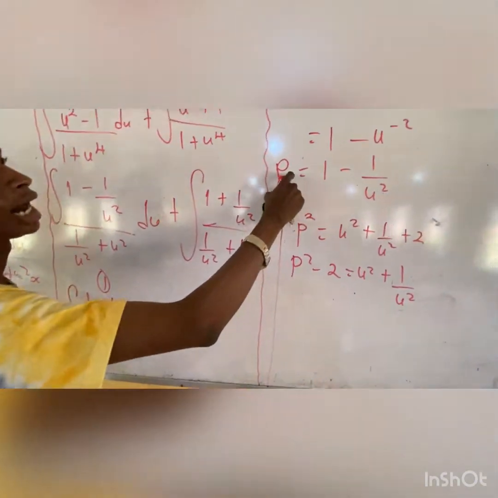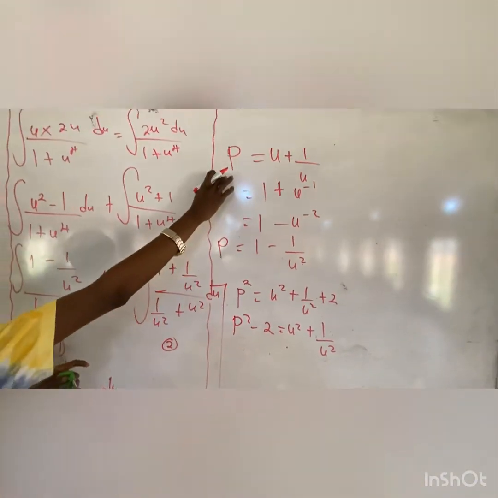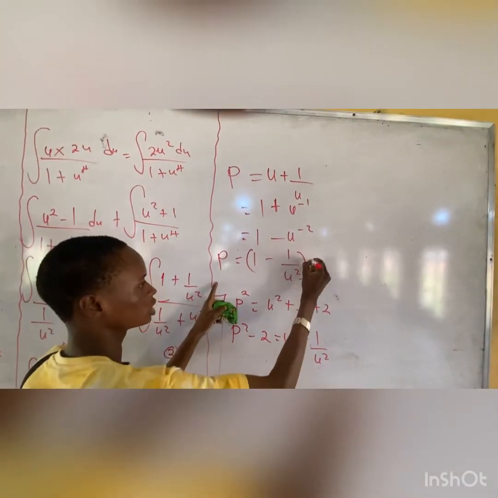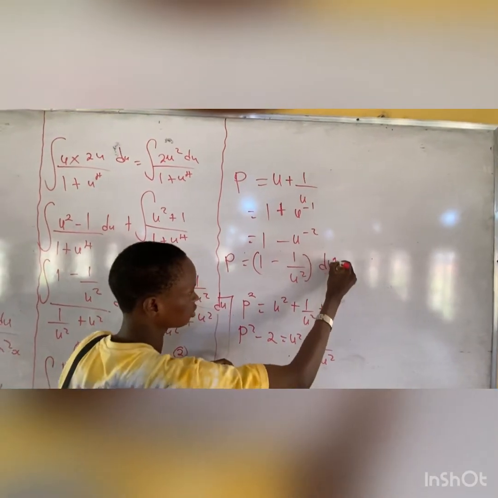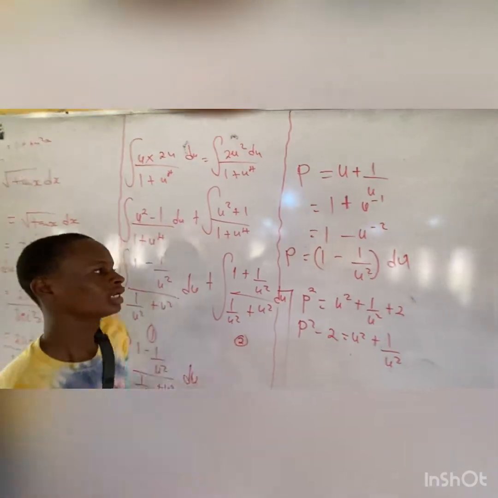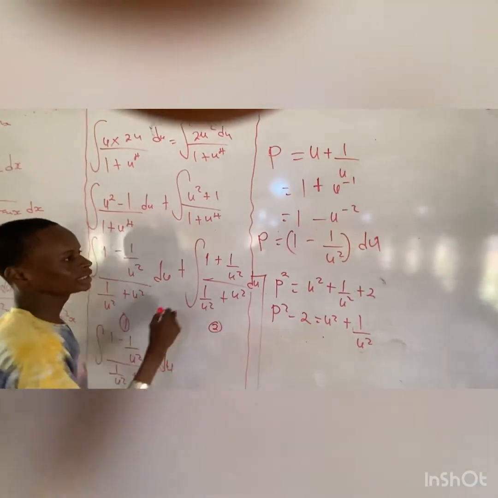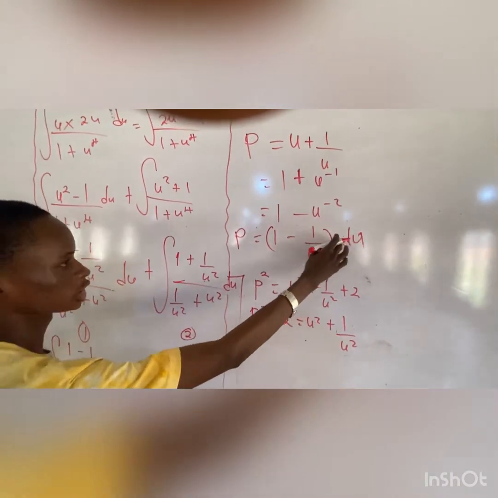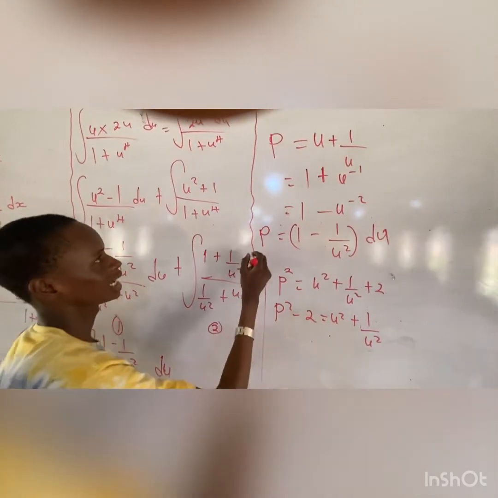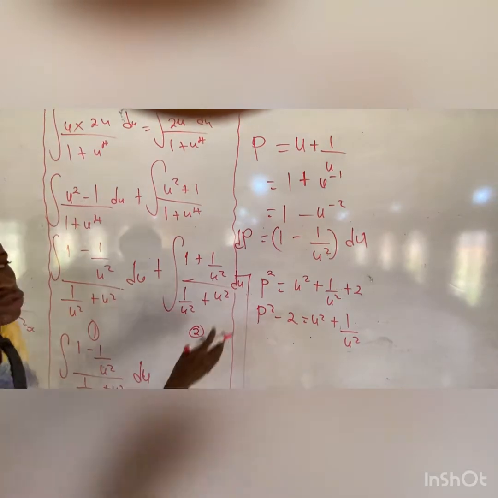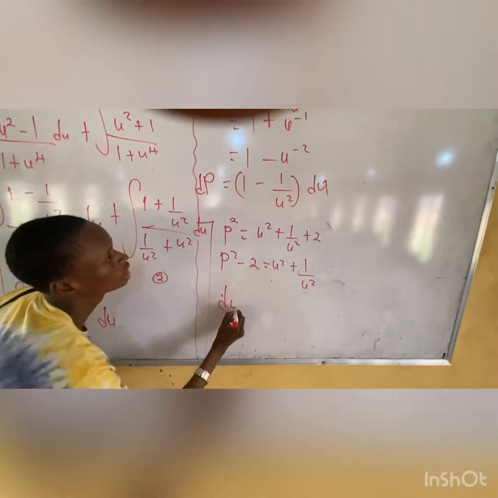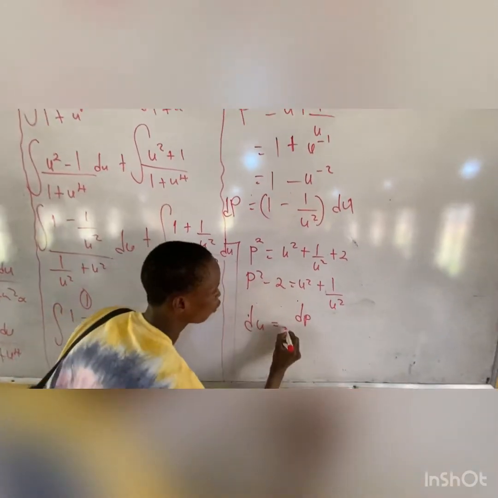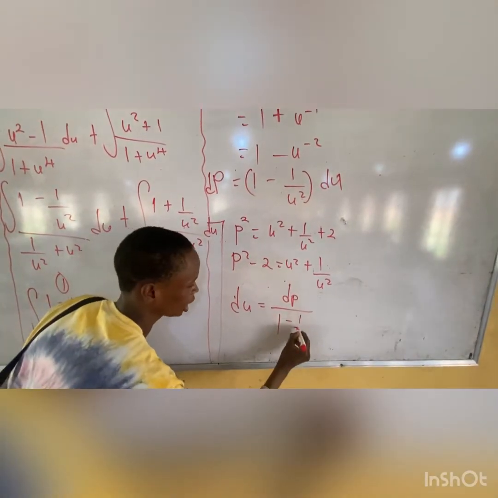So now bringing this back, du, we differentiated with respect to u. That is the p du. So everything here becomes the u. You understand? Everything becomes the u. Now making the u the subject of the formula here, we have this is meant to be the p. So we have the u is equal to dp over 1 minus 1 over u squared.